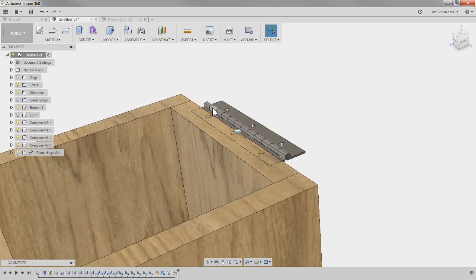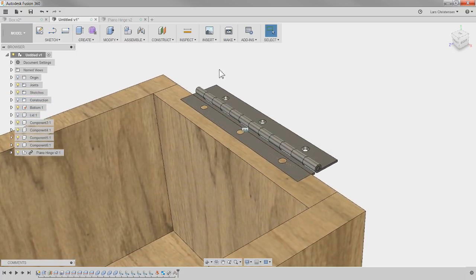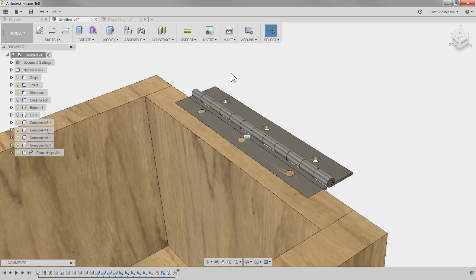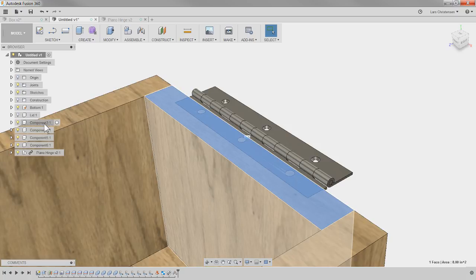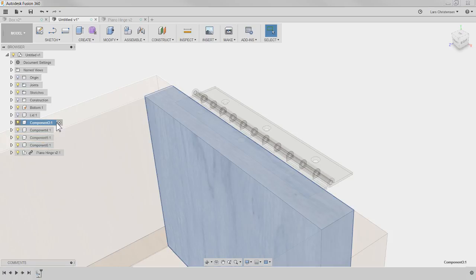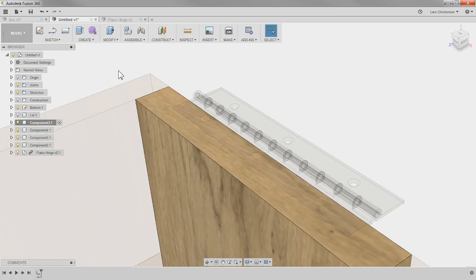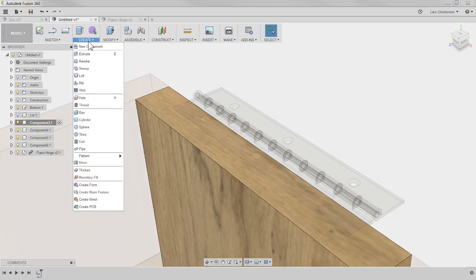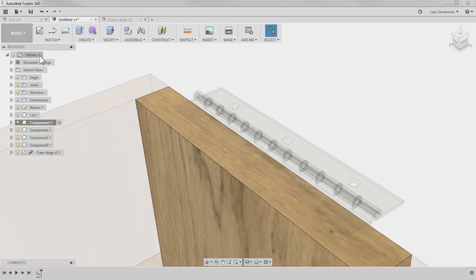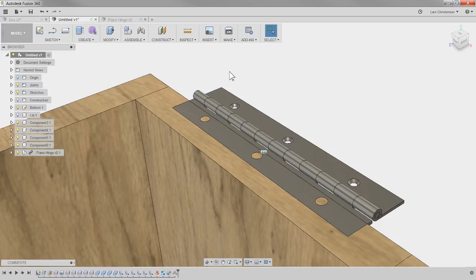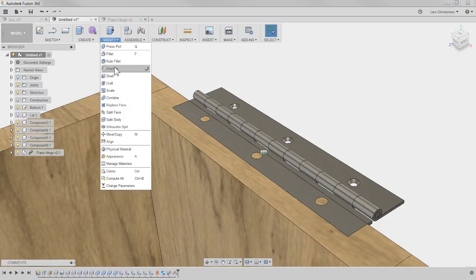Again, the cool thing about this is that we have these tools that we've already used. We can kind of hack our way to get this done. So what I could do is go and find this piece over here in the component, and I can make that active, right? And then I could go in here and say, you know what, I don't even know if I have to have it active. I can go in here and say,